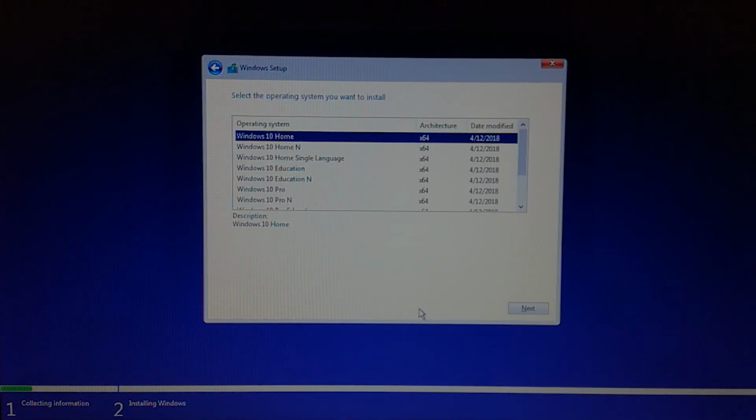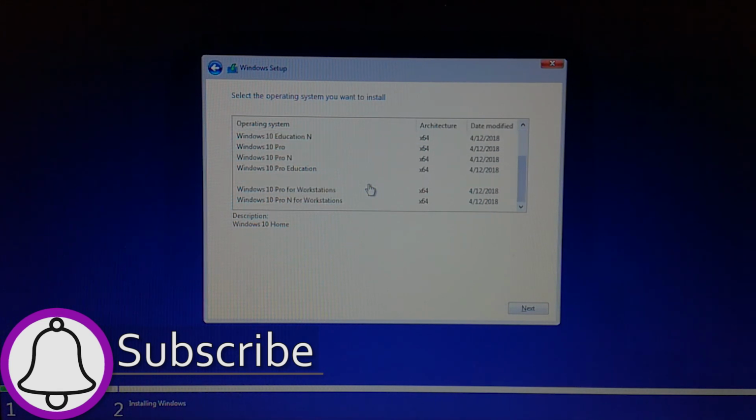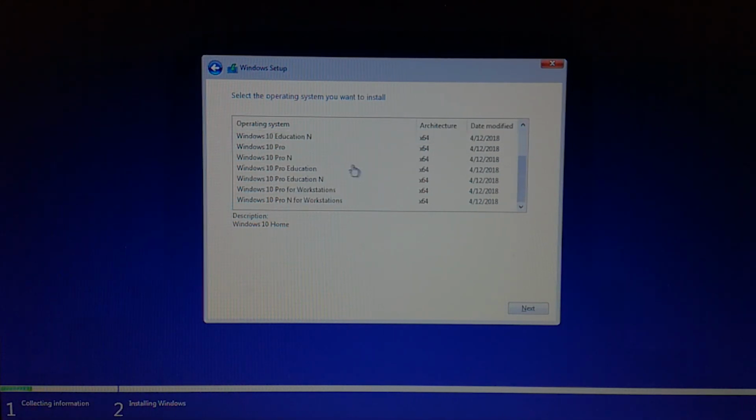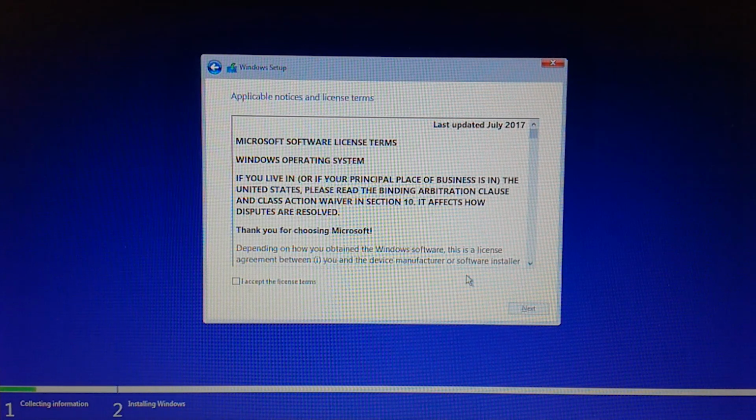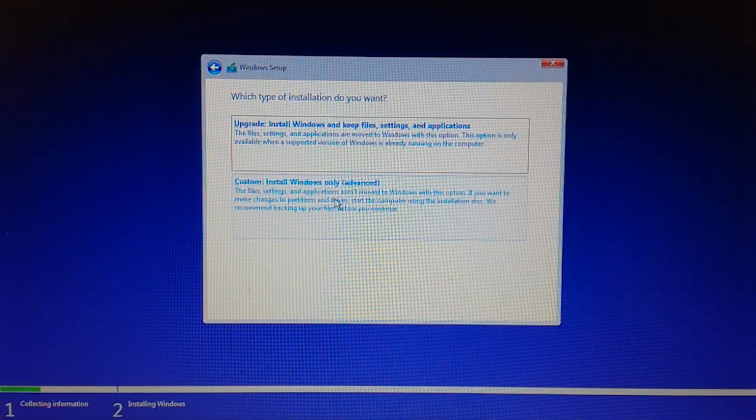Now here select the Windows version that you'd want to install. I'll be selecting Windows 10 Pro, so you feel free to choose whatever version of Windows that you want. Now here accept the license terms and press next. Now here we'll select the custom or advanced option, since by selecting this we'll get to choose where we'd like